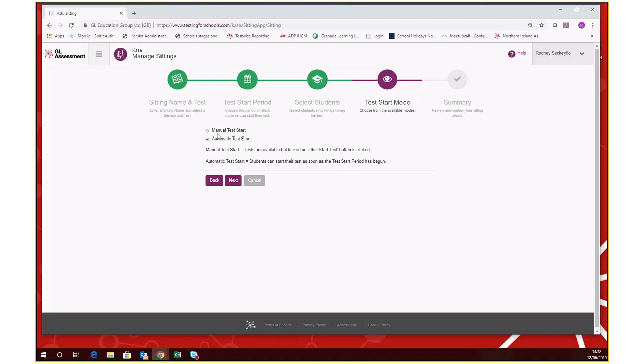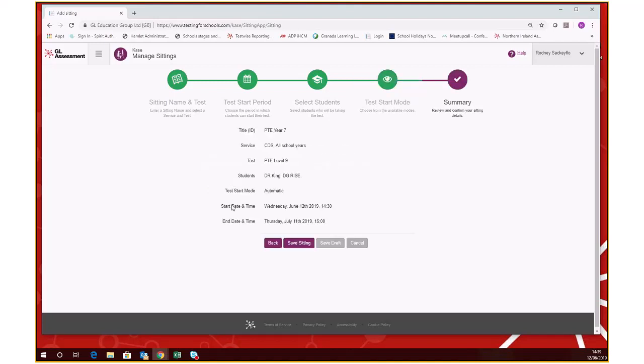If you were to choose the manual test option, you've got to physically go into that particular test to make this live. I shall show you the two options at the end so that you can see this. So leave it as automatic test start, click on next,